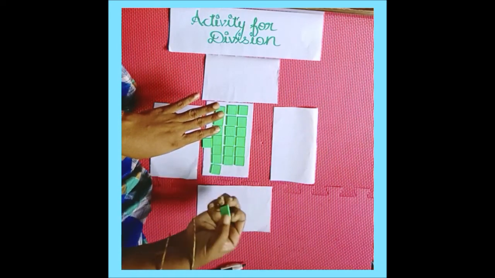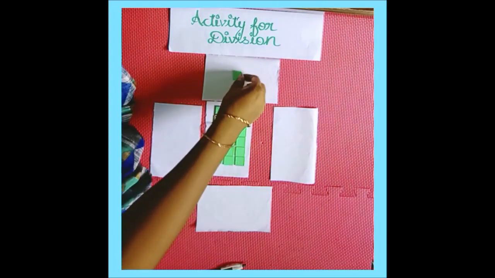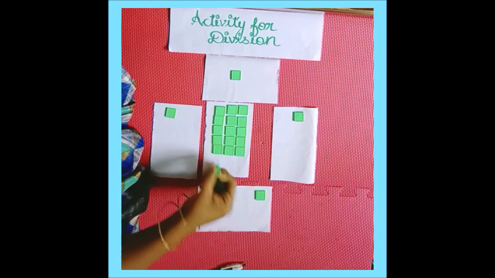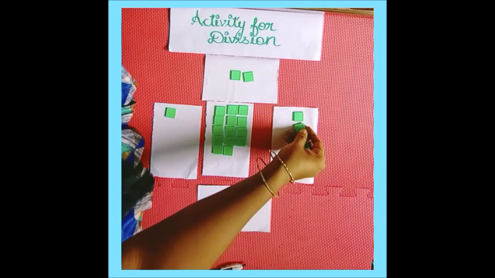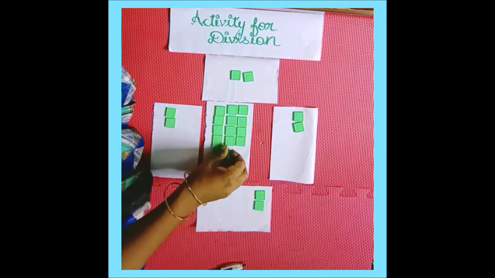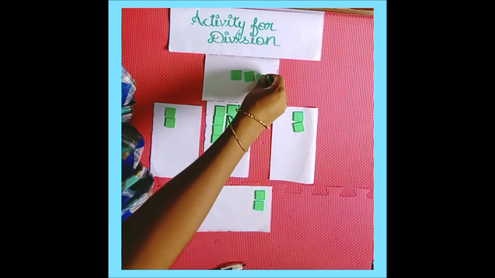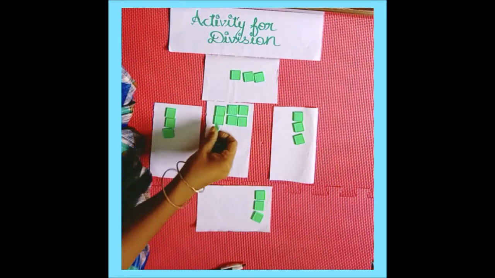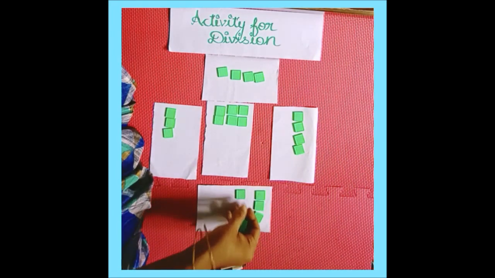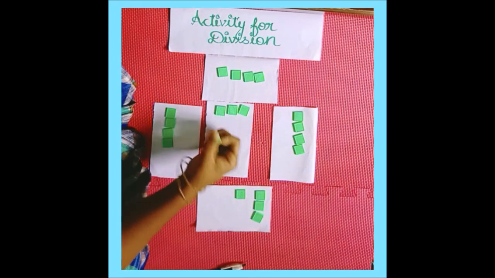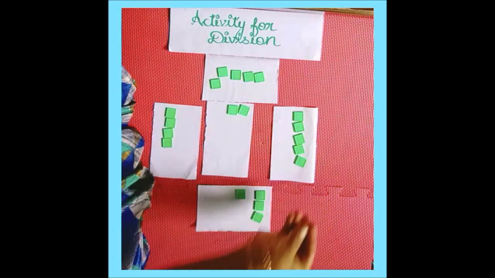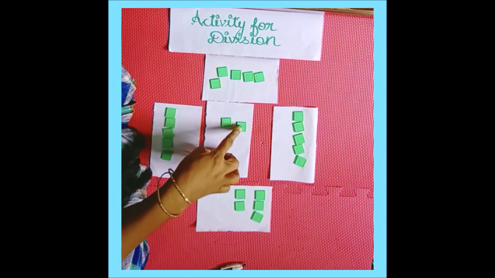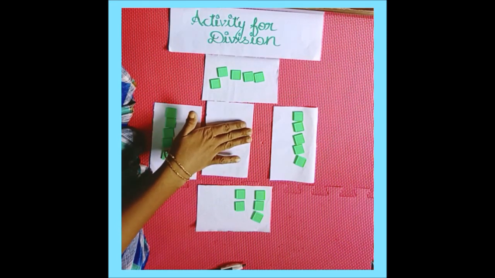Why are we taking 4 coins at once? Because our divisor is 4. So take 4 coins at once and give 1 to each part. The number of coins in each part gives you the quotient. Again take 4 coins at once and give 1 to each part. At last we try to take 4 coins, but we have only 2 coins. So you have to stop the process here.